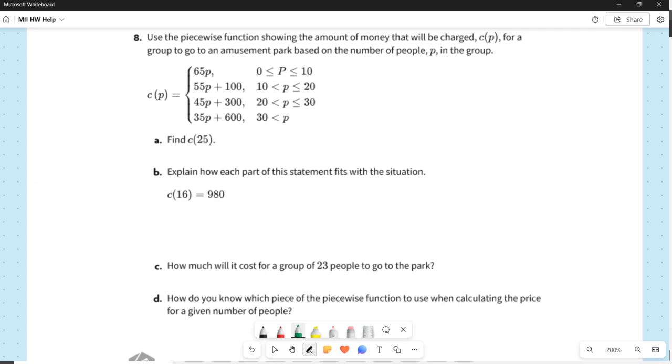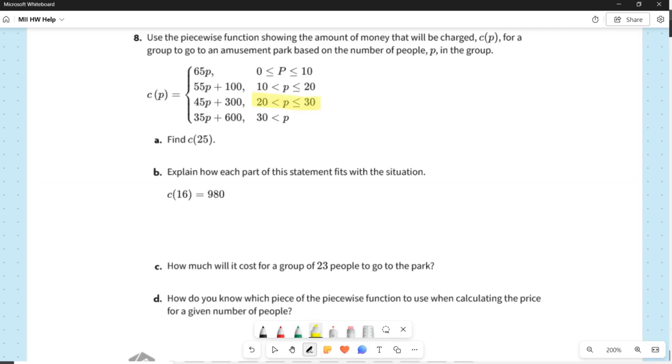All right. So let's just dive right into the different components here. 8A says find C of 25. Well, in order to do that, we need to figure out which interval we are talking about here, right? If we have 25 people, where does that fall? What rate are we going to get charged? What piece of this piecewise function are we talking about? Well,